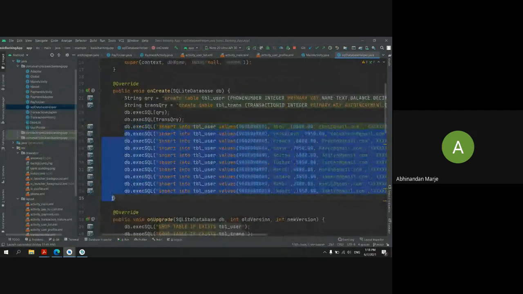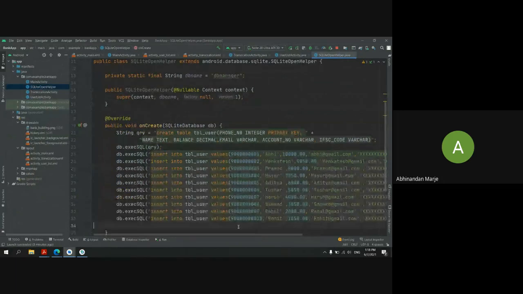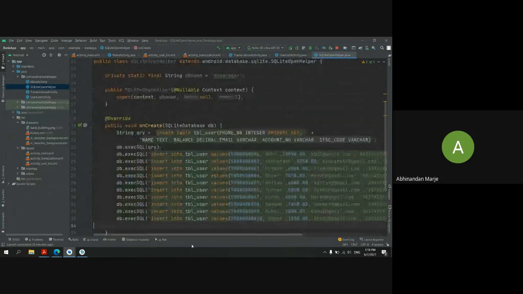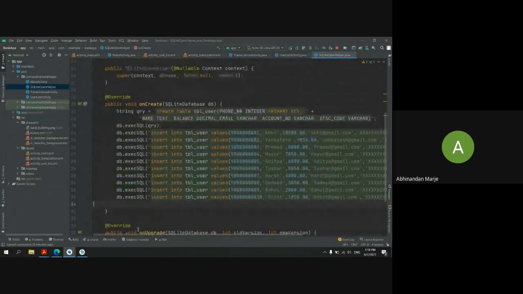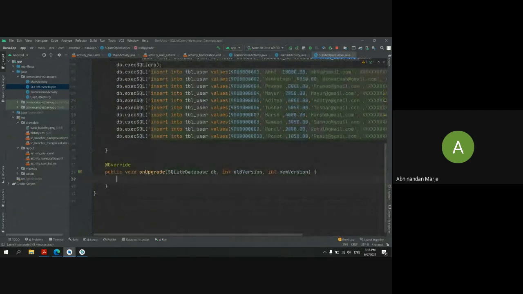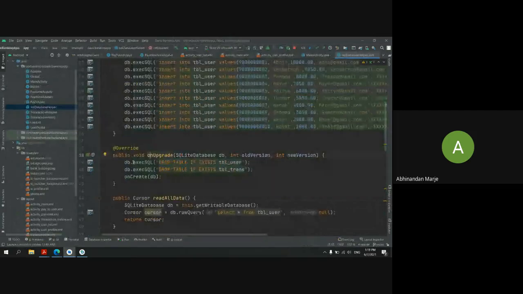Okay, copy this 10 times, right? So in my database now 10 users will be there. So how can you see if your database is working or not? Once we drop our table from here, like you can see, when I updated my data, I want this onUpgrade to be executed as drop table if exists, right? I want the same thing here.